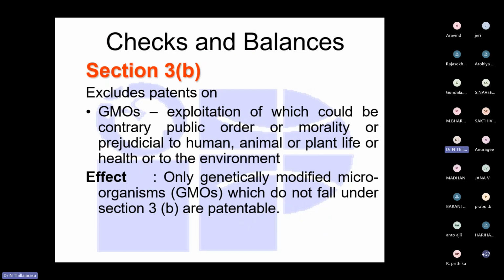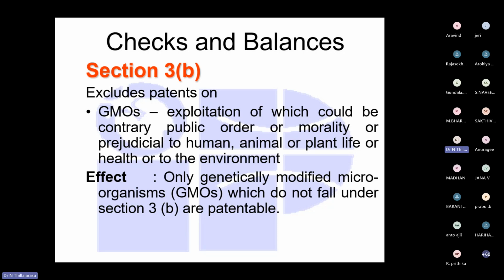Okay, the excluded patents are like GMOs. What is that? GMOs mean genetically modified microorganisms, which do not fall under Section 3 and are patentable. So you work with an already existing microorganism, but you are supposed to deposit these biological materials under the Budapest Treaty. Okay, the PCT Act and the Budapest Treaty are the two common instruments to review and monitor patent